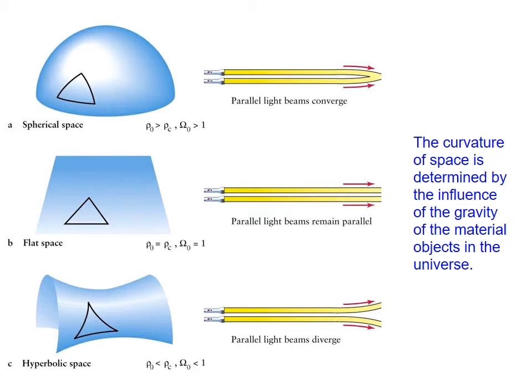Hyperbolic space, gravity's never strong enough to slow down the expansion of the universe. The universe expands forever, never quite slowing down. It just expands basically into nothingness. Everything gets too far apart. And again, for theorists, that was a very uncomfortable thing, because it made the universe have a beginning but no end, and mathematically that's very difficult to deal with.